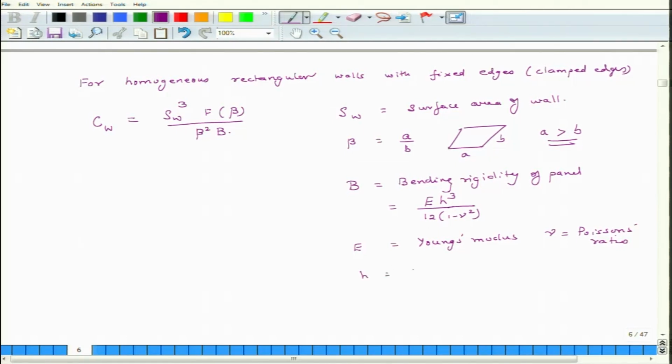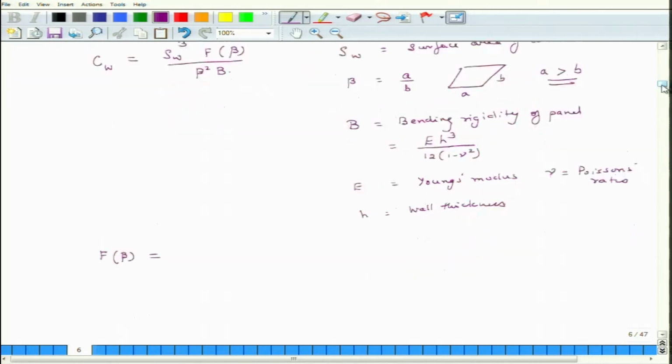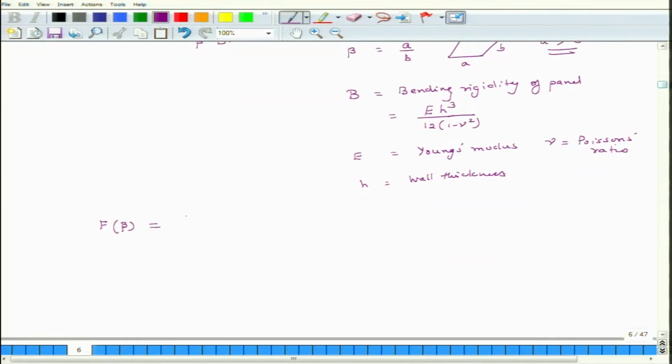And H is wall thickness. And the last thing is what, and this is a function of beta. So, what is this function? This is a complicated function, but now we have calculators and computers, so it is not a problem to compute all these things. So, this is equal to 3.5 divided by pi to the power of 8, 1 plus